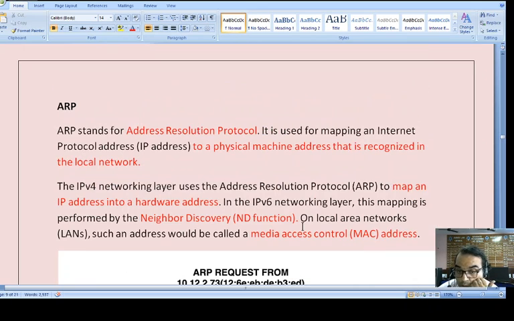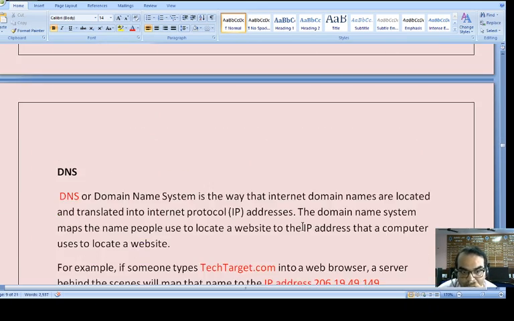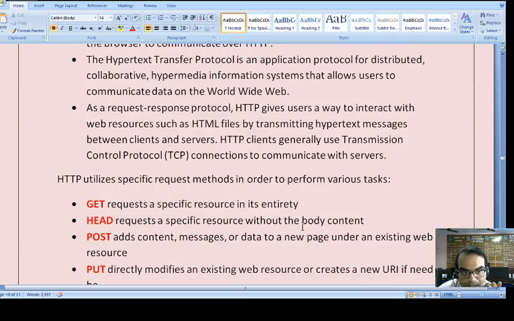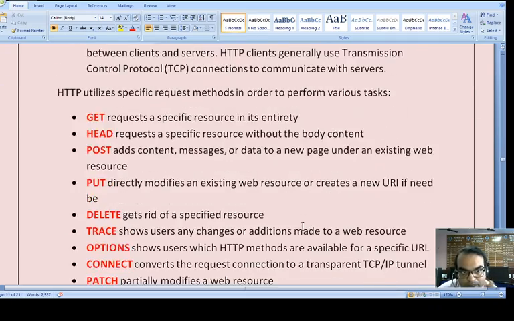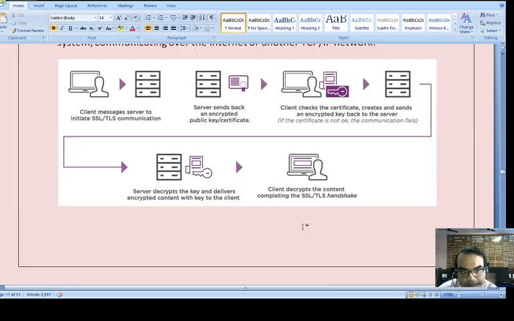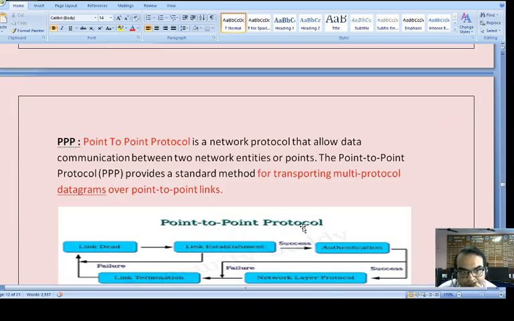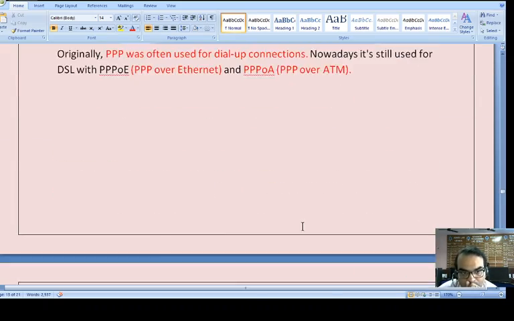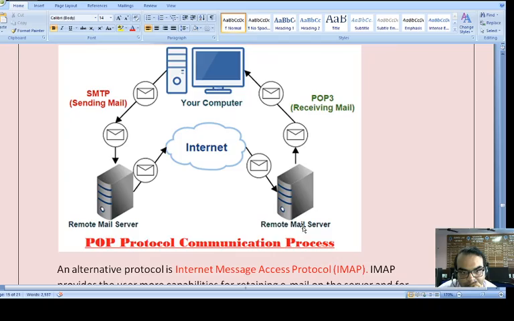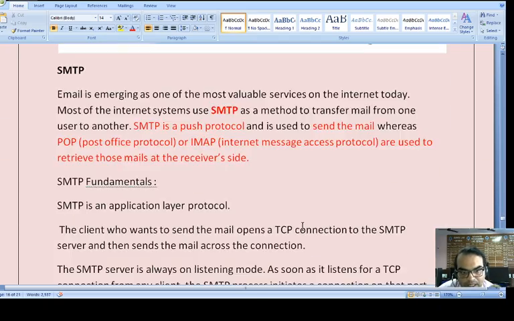Now we need to revisit the last lecture. We have RARP, DNS, DHCP. Then today we learned about HTTP, then HTTPS, SSL, point-to-point protocol, POP3, IMAP, and SMTP.